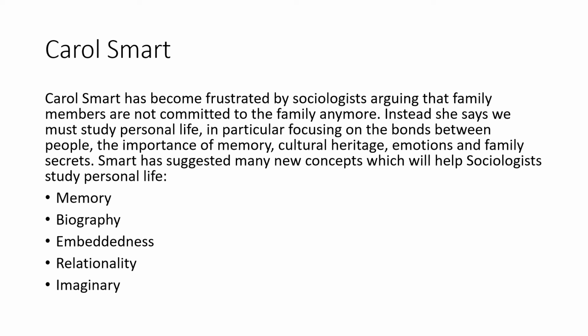And this is even more relevant when you think about social media, because we probably post online personal relationships that we think we should have and that we think people will see positively, and they may not be realistic. So what we imagine and want our family life and our personal life to be like is just as important as what it actually is, according to Smart, because this reflects what we want from our personal life.